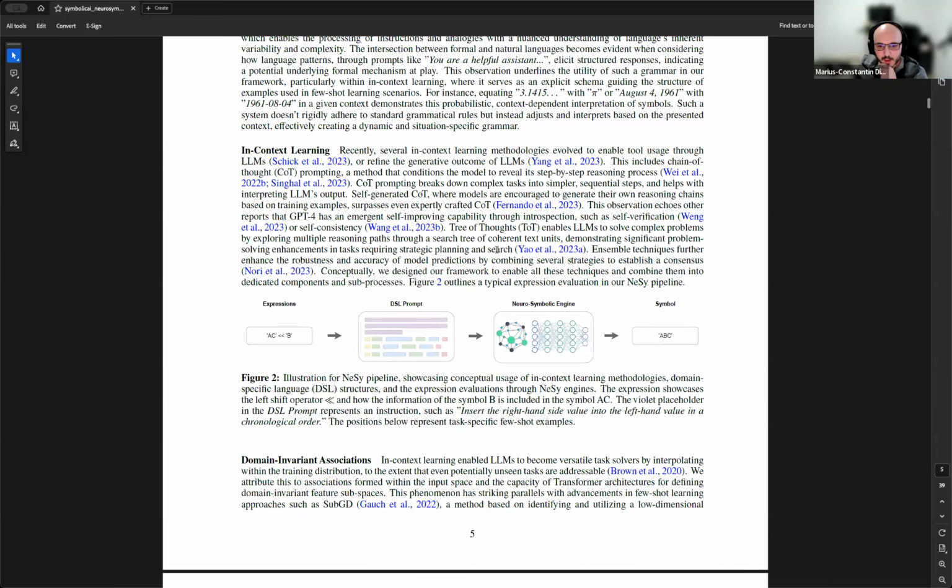To that diagram again. Yes. So in this case, if let's say I want to pass something to Wolfram Alpha, I will still go through an LLM first. Is that correct? So I will need to pass the expression via few shot prompting by an LLM in this DSL prompt to get it into a format that Wolfram Alpha would accept. Yes, exactly. So that means I will need to give some examples.